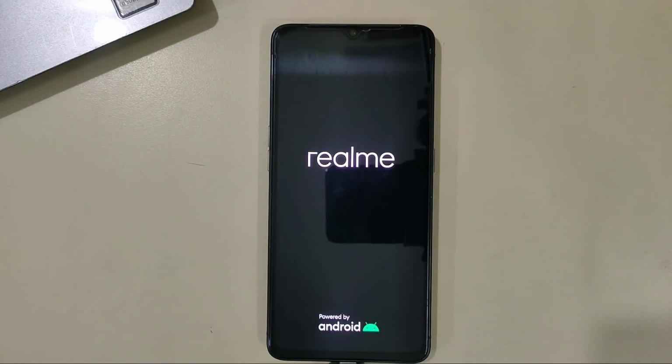And it will take some time to boot for the first time, so have patience. Now we have to do one more step so that we can roll back in future, otherwise you will end up with no recovery and you can't roll back. So watch what we have to do next.